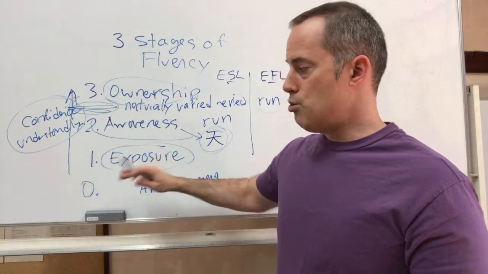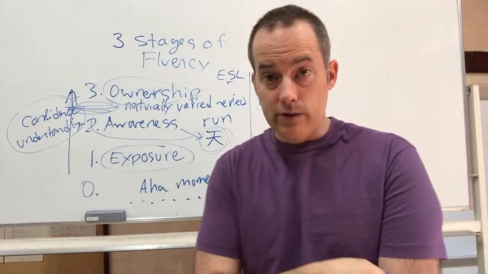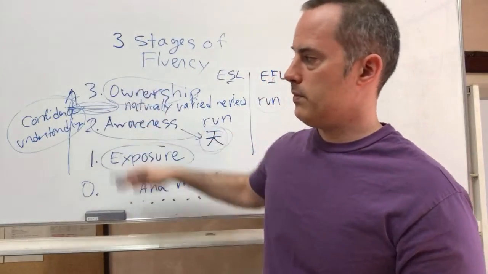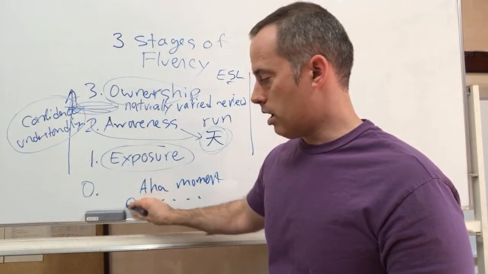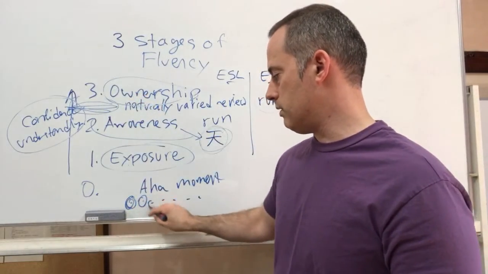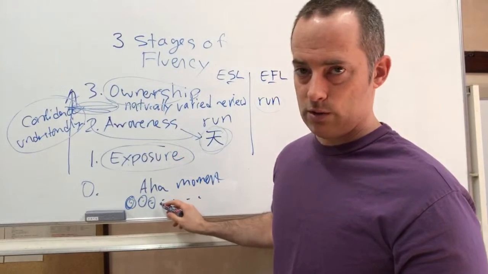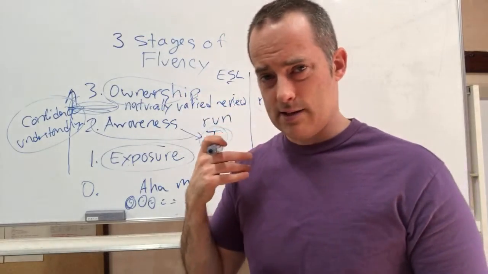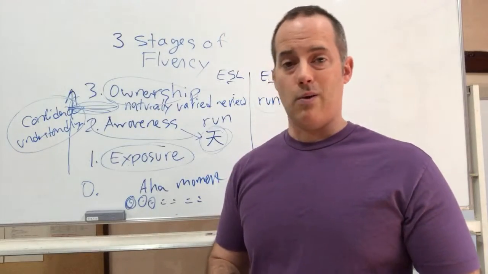So let's say you have 10 words in your vocabulary, a very simple vocabulary. You might have a different level of fluency for each one of those words. Some things that you talk about often, maybe you have ownership of that. So you've got ownership of this and this word, but maybe you've only heard this one time. You only have exposure level to this one, and maybe just awareness level to others. You could recognize some words, but you can't use them. You don't feel confident about their pronunciation or something like that.